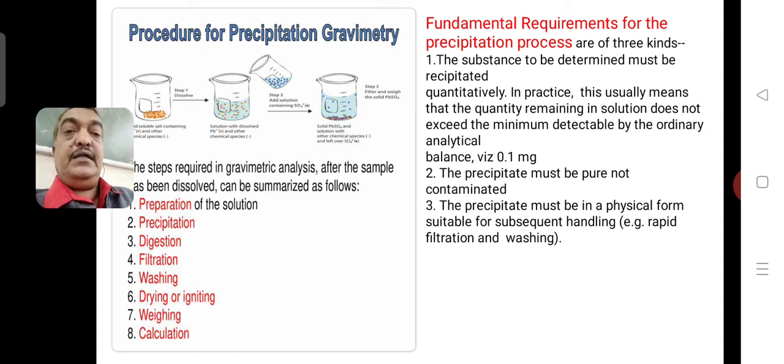It can be converted into or designed specifically for filtration and placed on the funnel and then attached to the particular vacuum pump and go for the filtration. So once the unwanted liquid comes out, it is subjected to washing. So what is the washing? Whatever residue, that is the PPT, left on the filter paper may contain some impurities.